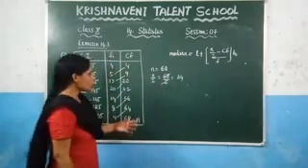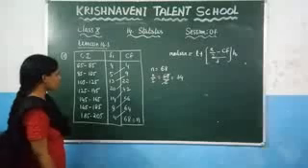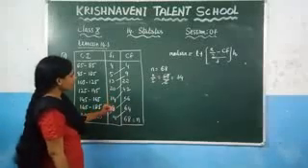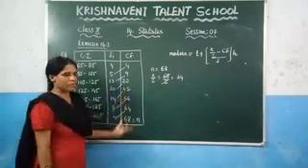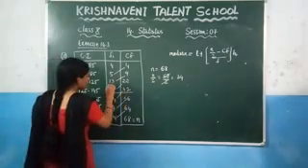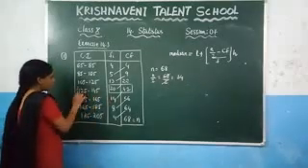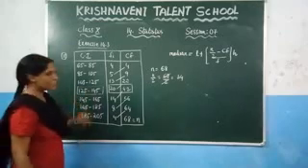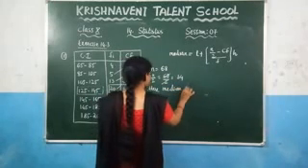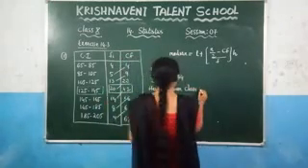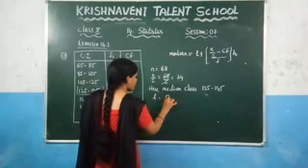34. Now you need to check in which range between the frequency and the cumulative frequency this 34 lies. Here you can observe that between 20 and 42 you will get 34. After that also you will get, but you need to check the first one. Here between these two values you get the value 34. So the corresponding class interval will be the median class. So write it here, the median class is, what is the median class here? 125 to 145. So what is the lower limit of the median class, which is here 125.